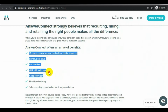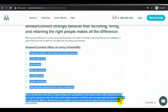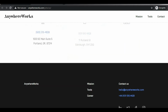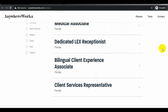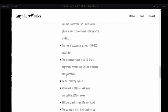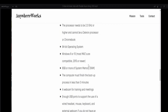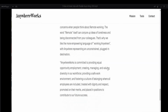Just to show you what one of these application pages looks like, I'll show you the remote business support associate. Just click apply for this job to see more about it, and then you can click where you are located and then apply for it. It will send you to a page that tells you a little bit more about it, so you'll see that you need to be quick on your feet taking inbound calls and messages, and it's basically just customer support, 40-hour weekly schedule. So they'll tell you your responsibilities, skills that you're going to need for the job, your system, which